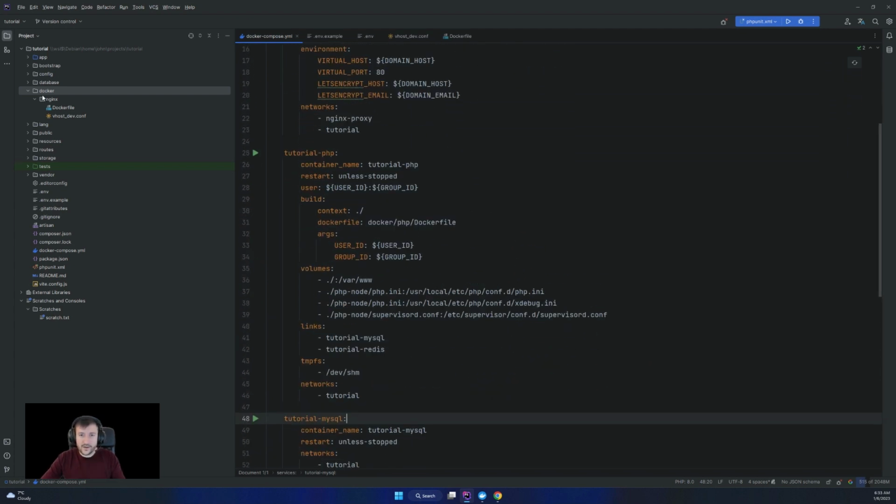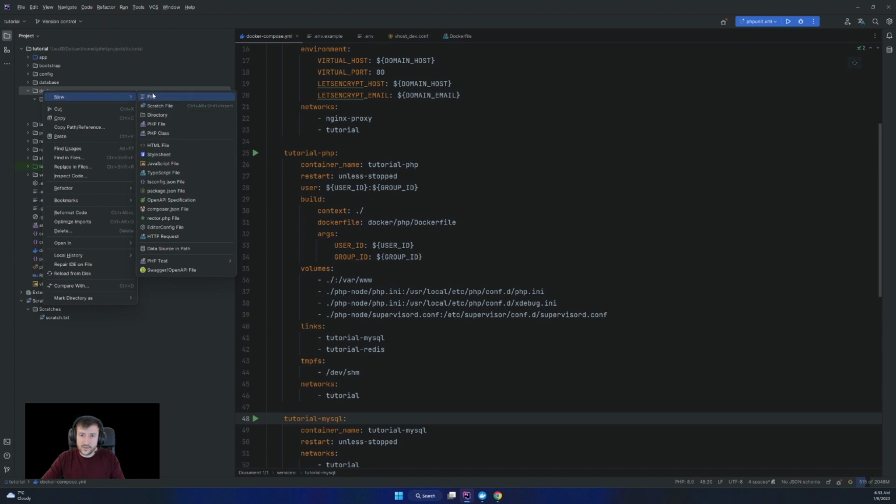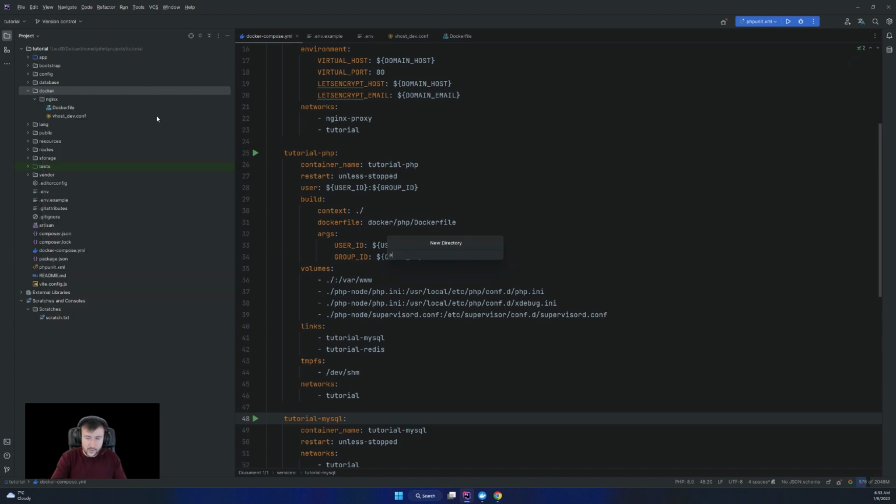Now we need to add all the files and see the details of them. So we have a new directory, php.